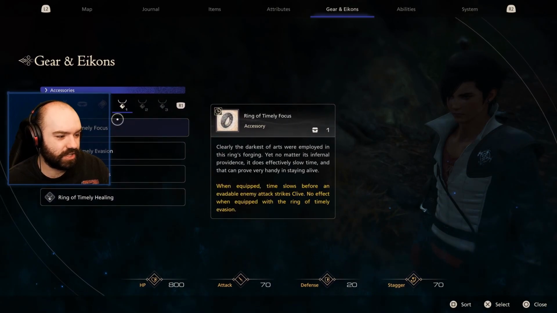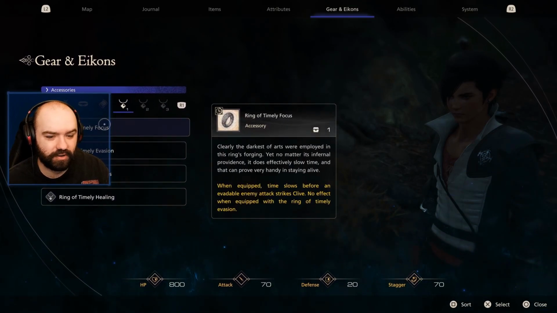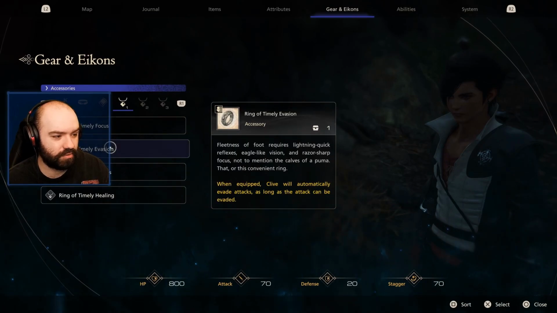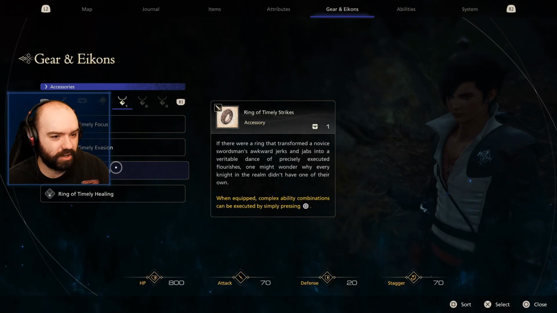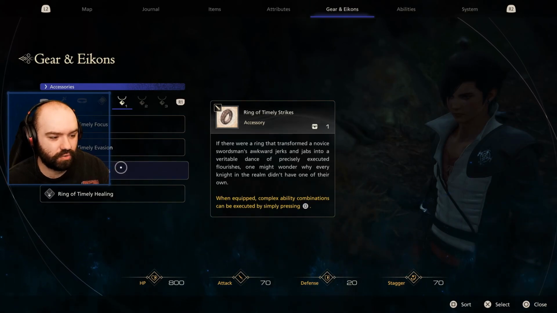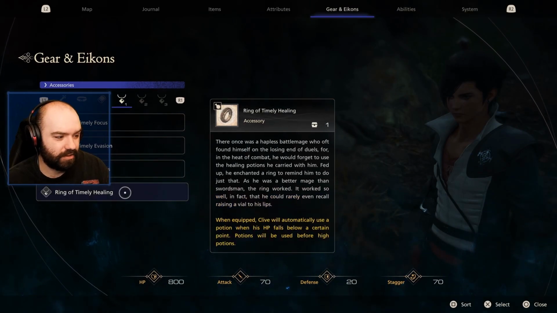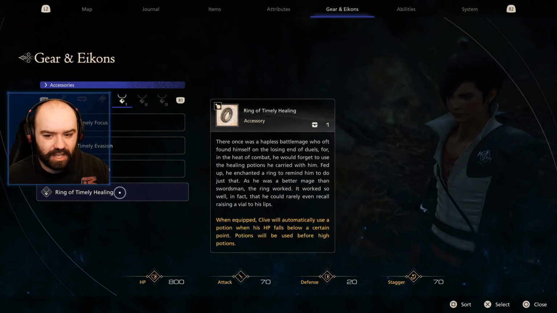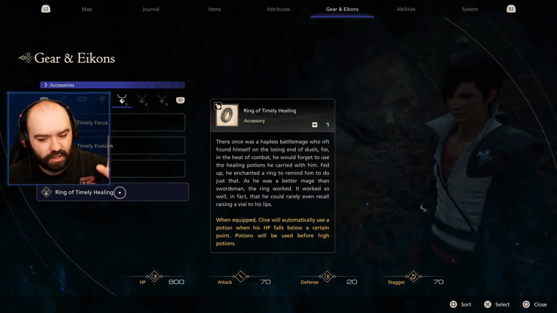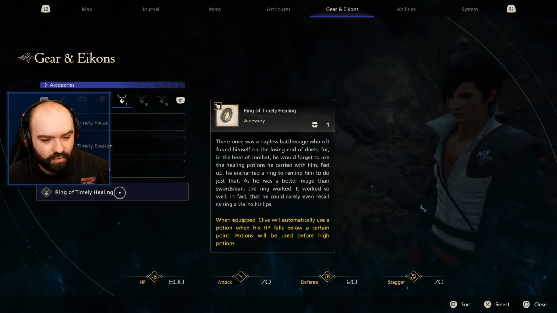It's like, this is really just like, hey, want to slow down a bit? Here you go. Hey, want to not have to worry about dodging? Here you go. Hey, want to not worry about doing different combos? Just hold down square. Hey, want to not worry about healing? There you go. So from an accessibility standpoint, I love it and I appreciate it because everyone is always at